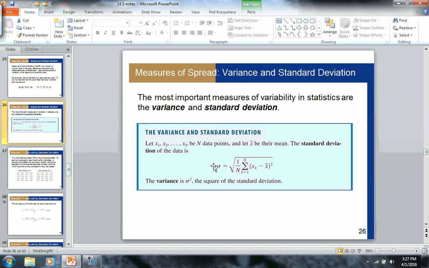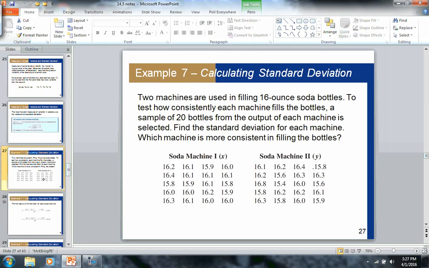So this is a little symbol here for standard deviation. The only difference between standard deviation and variance is that for variance, you square it. It's the square of the standard deviation. Okay, so in order to find the standard deviation, like we're going to do here,